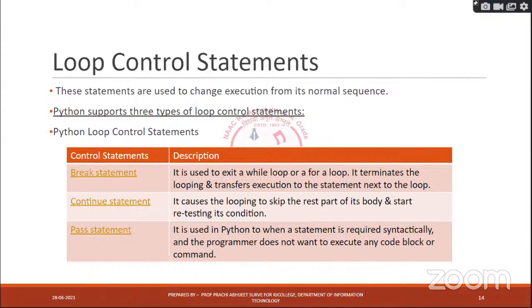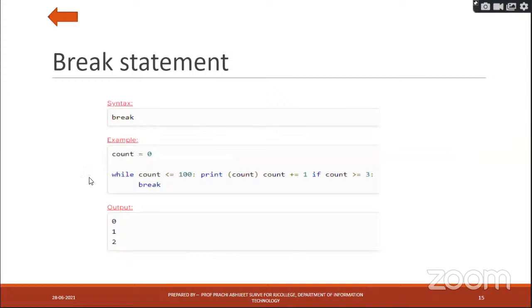By using control statements like the break statement, continue statement, and pass statement. The break statement is used to exit a while loop or a for loop. It terminates the looping and transfers execution to the statement next to the loop. Okay, so whatever your statement block is, it will break out of it and pass the control to the other